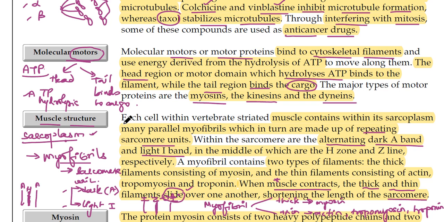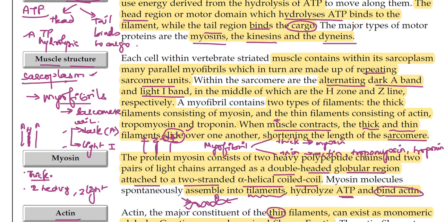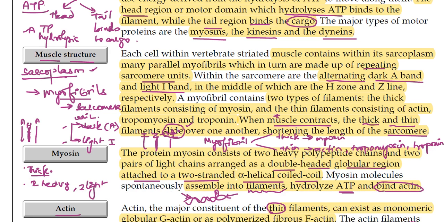Now, muscle structure. Vertebrate muscle contains sarcoplasm, and this sarcoplasm has many myofibrils, and these myofibrils are made up of repeating sarcomere units. These sarcomere units have alternating dark A bands and light I bands. Within the dark A band there is an H line, and within the light I band there is a